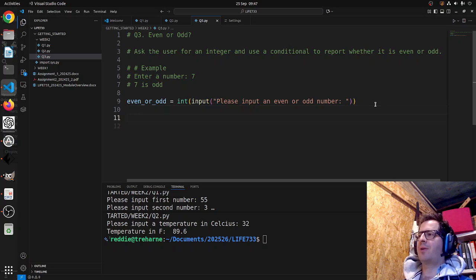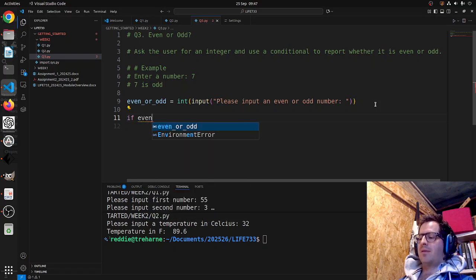So how are we going to decide if the number is even or odd? Well, what do we know about even numbers? I know that if I divide any even number by 2, then I won't have anything left over. 2 will always go into an even number an integer number of times. Okay, so how do I translate that into code? Well, I'm going to use what's called an if statement. Okay, so if